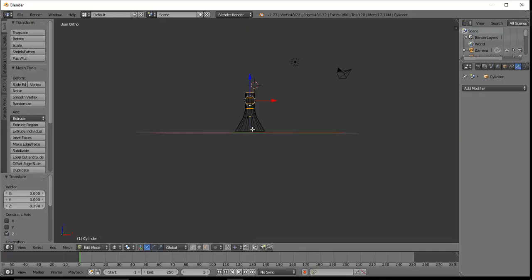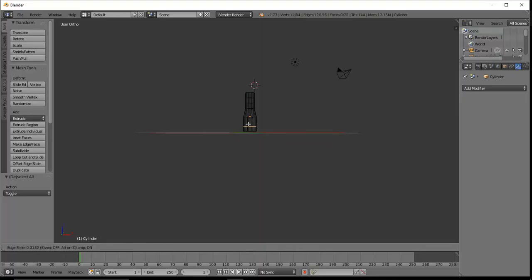Then you can alt click, select these edges, scale them down, like that. So the next thing we're going to do